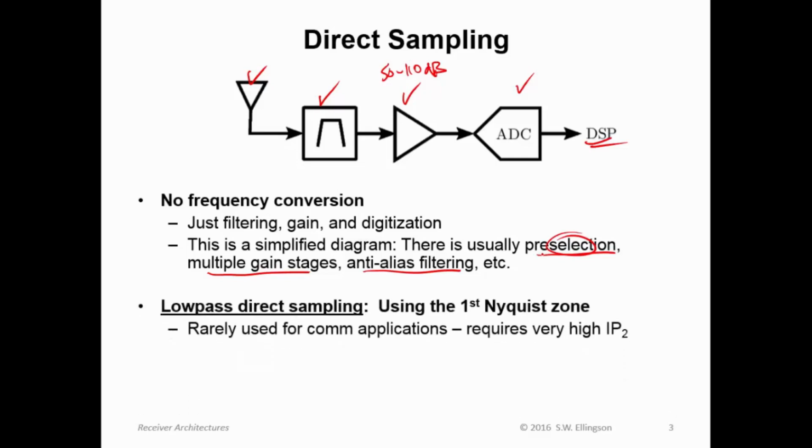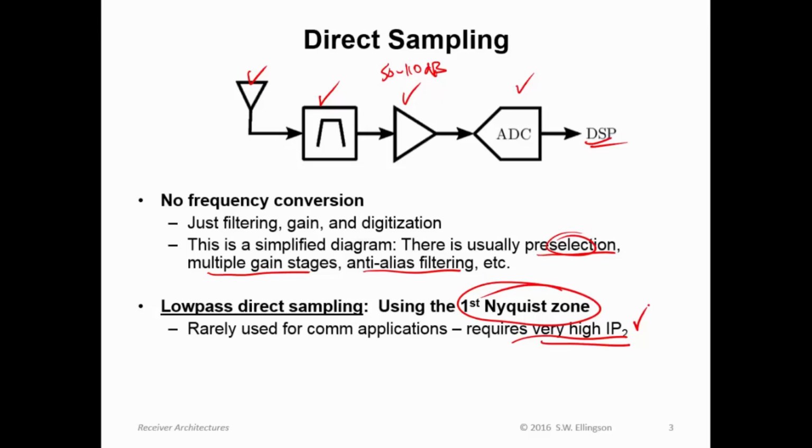Now one variant of this is low-pass direct sampling, where we're using the first Nyquist zone. This is rarely used for communications applications because it requires very high second order linearity, because there's potential for signals in the first Nyquist zone to create second order harmonics, which appear both in the first and second Nyquist